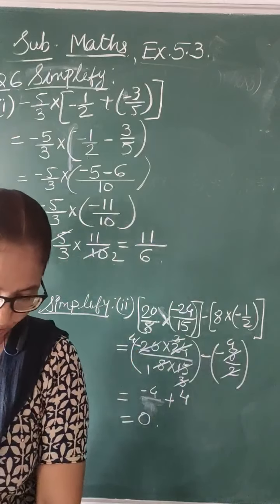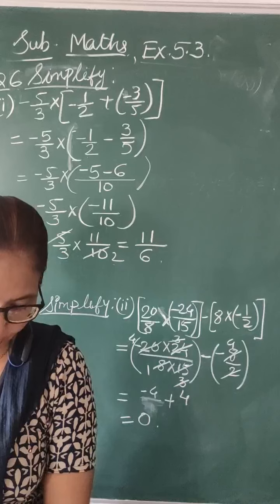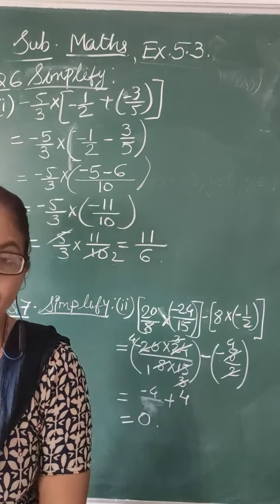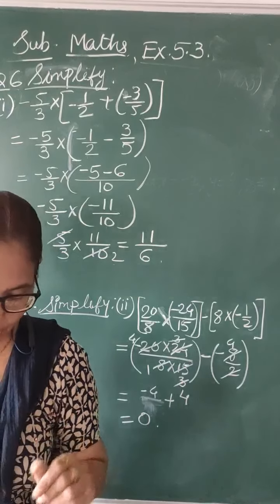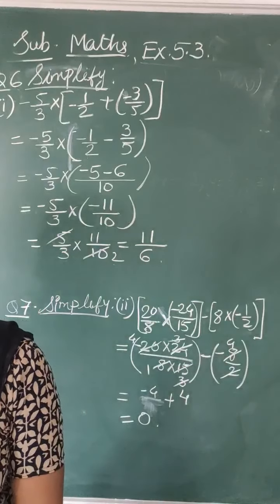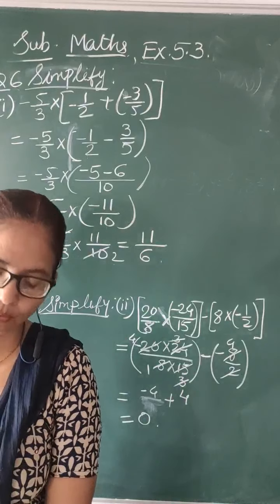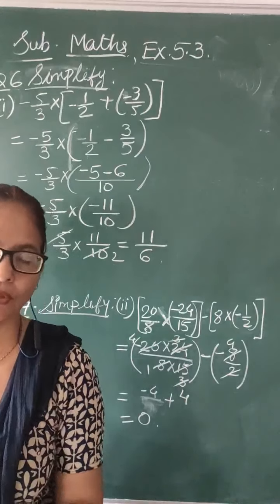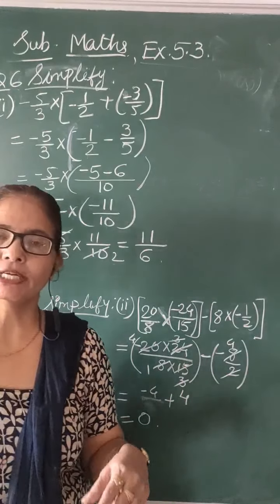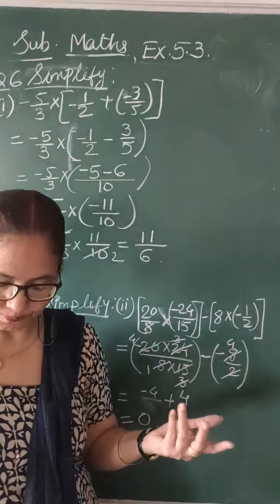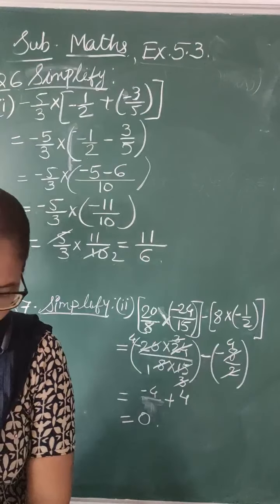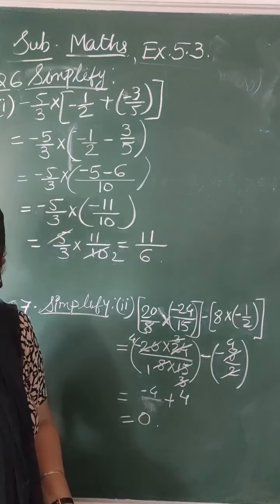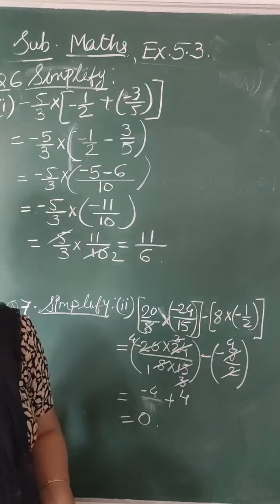Let me read the question for you. Question is, find the cost of 5 3/4 meter of cloth at rupees 42 2/3 per meter. Per means 1 meter. Means you have been given the cost of 1 meter of cloth, that is 42 2/3, and you have to find the cost of 5 3/4 meter of cloth. Now you know, whenever the value of 1 is given and you have to find many, you have to multiply.